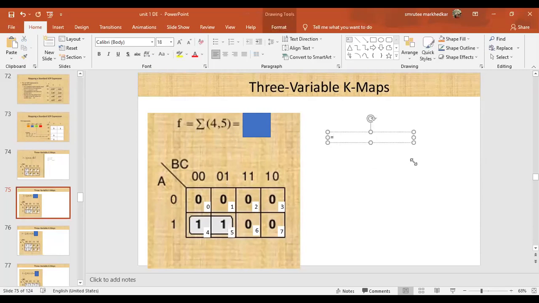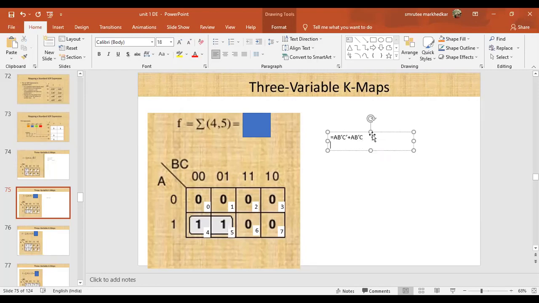We have seen, first we will go with A we have taken. Then this first position, I mean fourth position, if you see, says B bar, C bar. Since it is a SOP form, product and then summation. Then let's go to the fifth position. That says A is whole. So A. Then you can see here B is bar 0 and C is direct. So we can write it as B bar C.